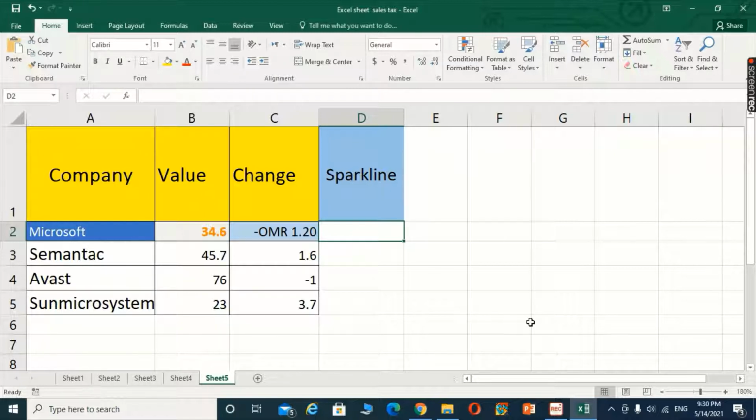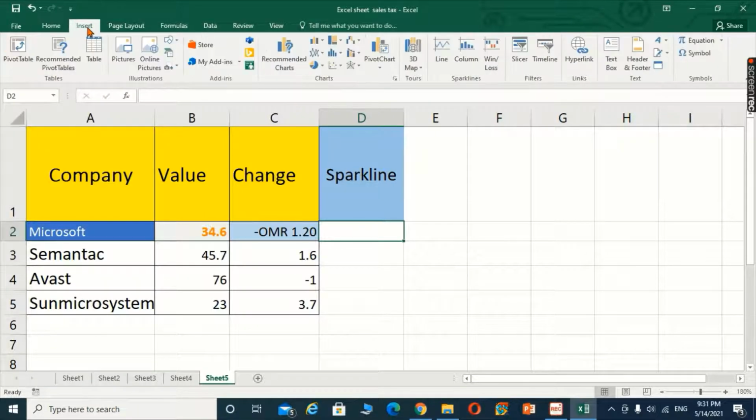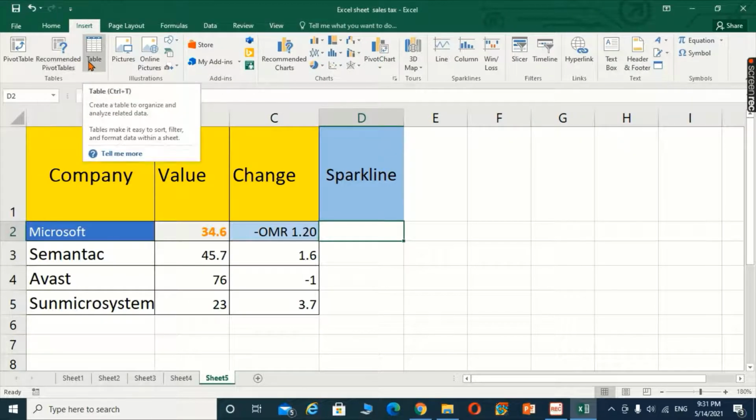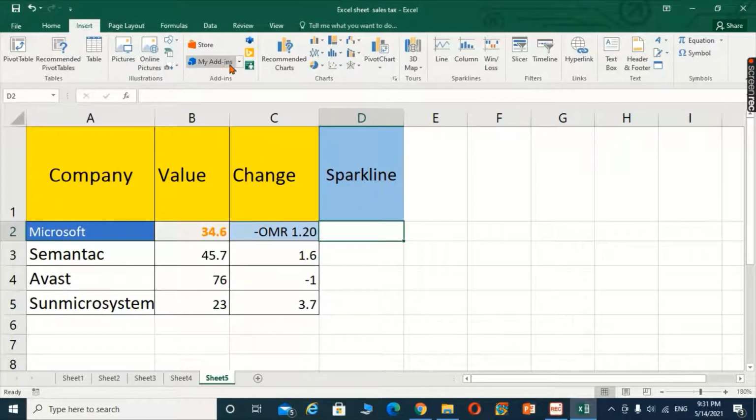First of all, we have to move towards the Insert tab. As we can see, the Insert tab is given and different options of the Insert tab are coming in front of you. We can see the different chart area is given and we have already applied different charts, but we are going to apply the sparkline chart, which is called tiny or small charts.